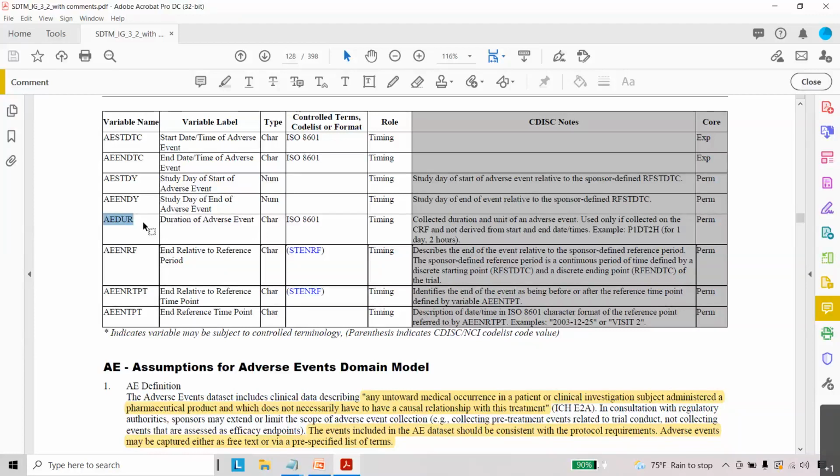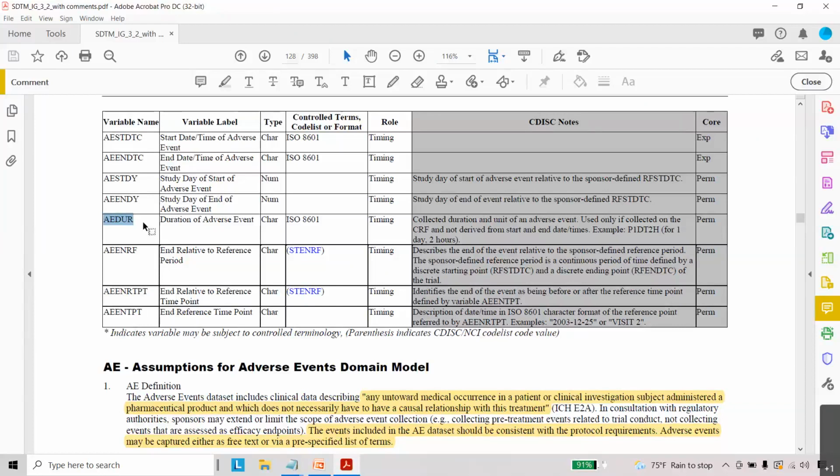Okay, next one is AEENRF. So the sponsor will define a particular duration, and after the duration, what is the condition of the adverse event. So you can see AEENRF, end relative to reference period, describes the end of the event relative to the sponsor-defined reference period.